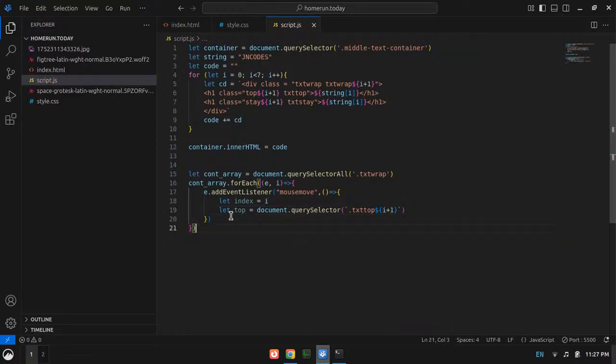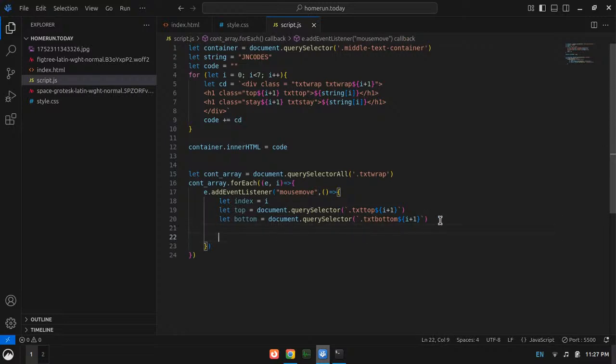Okay, and then we are going to do the same thing but for the bottom. Let bottom and txt bottom I plus 1. That should do the work.